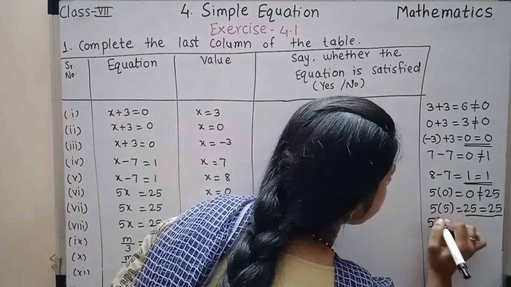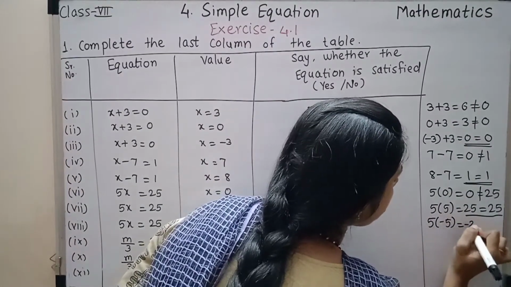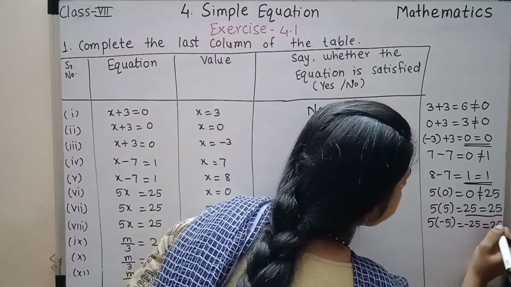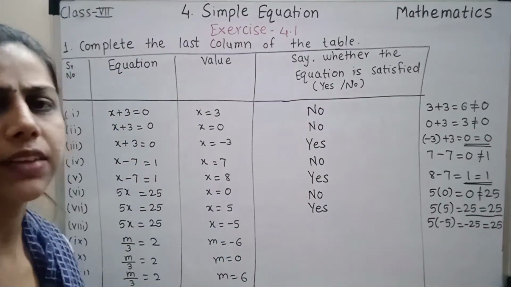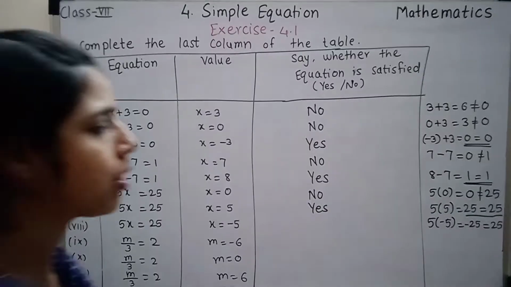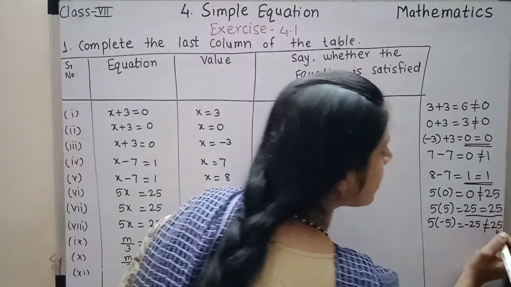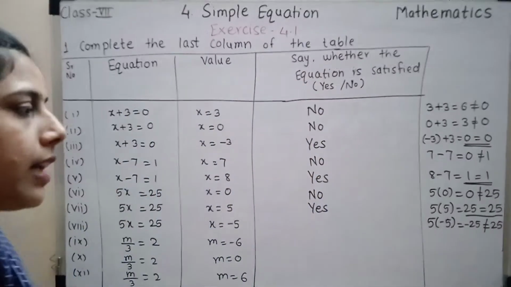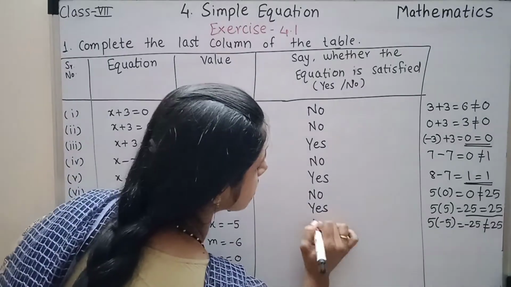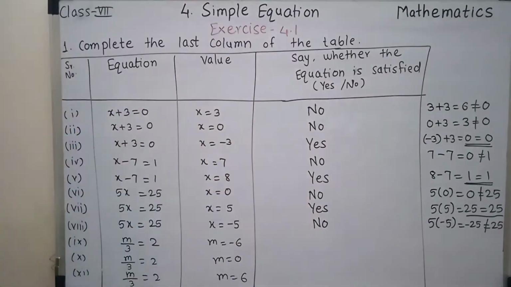अगर मैं यहाँ पे -5 डालती हूँ x की जगह तो ये आ जाएगा आपका minus of 25 is 25. minus 25 equal to 25. No, they are not equal. This value is negative and this value is positive. So obviously they are not equal. अगर equal नहीं है then you should write this is not satisfying the equation, और no लिखना है आपको यहाँ